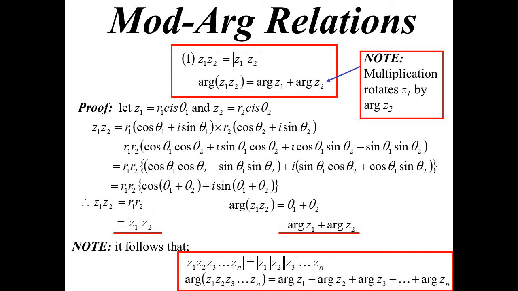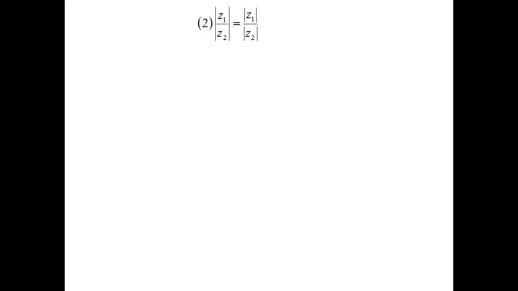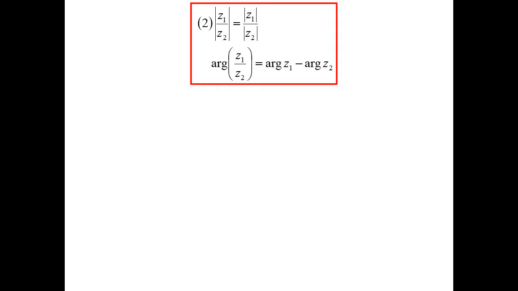When it comes to the argument, I would be adding all of those arguments together. Okay, division. Similar thing happens. I can find the modulus first, or find the moduli of each and then do the division. But when it comes to the argument, we'll subtract. We subtract the arguments. Now, I didn't bother with a proof for that one, but it's very similar to the